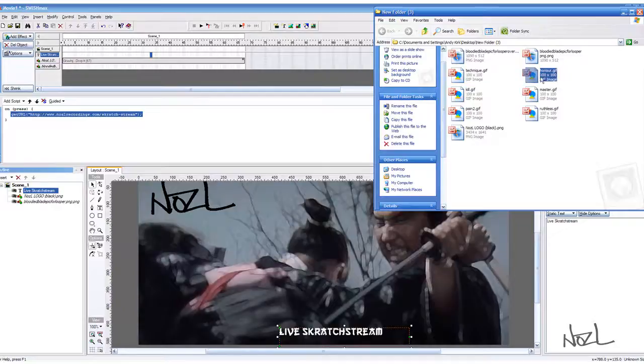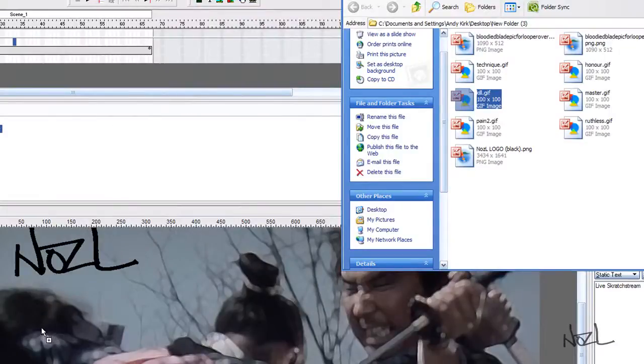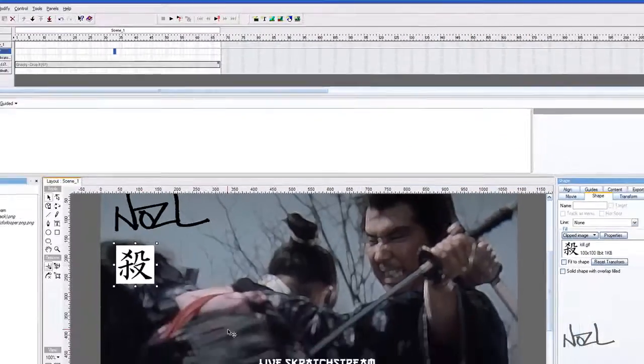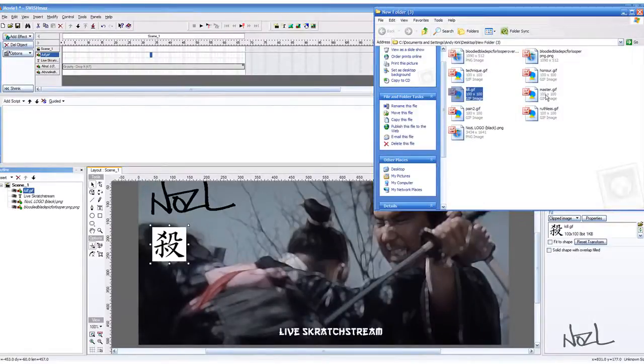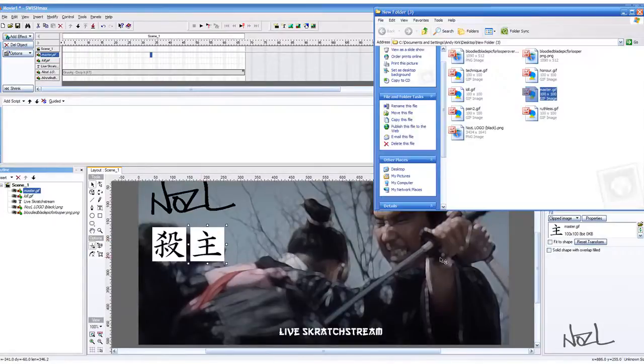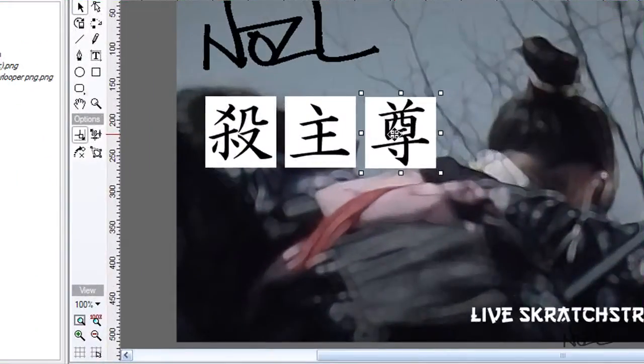Add some kanji symbols. So just pick up, I'll put maybe 2 or 3 in. Put 1 in. Put 2 in. Line them up. And put 3 in. Now, in the same way as we did with the logo and the text, we can